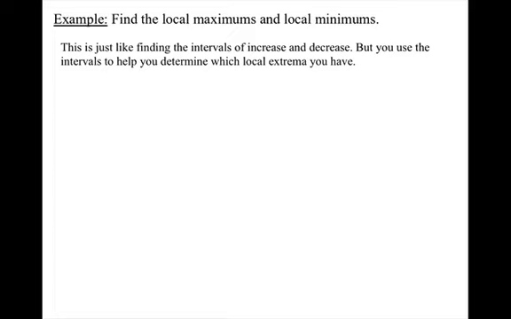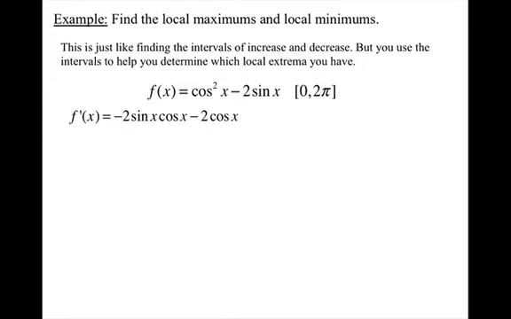All right, we are going to find the local maximums and local minimums. This is just like finding the intervals of increase and decrease, but you use the intervals to help you determine which local extrema you have. So let's look at the function cosine squared x minus 2 sine x on the interval from 0 to 2 pi. I'm going to first take the derivative,